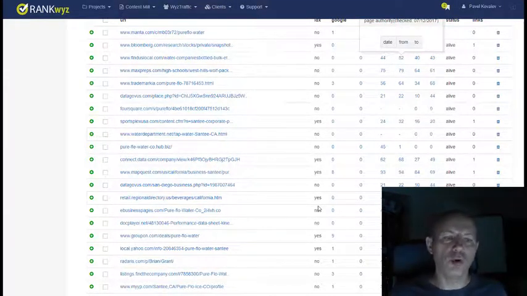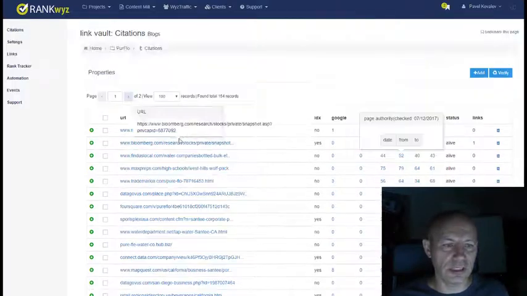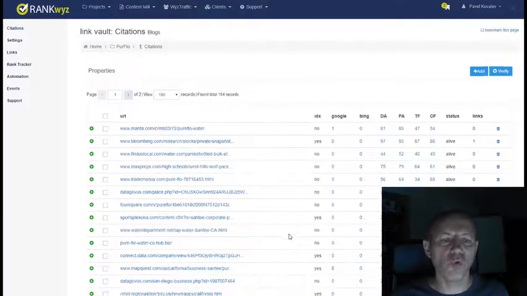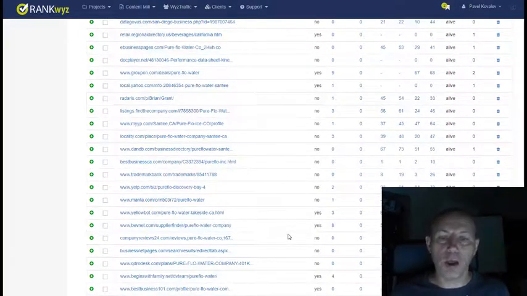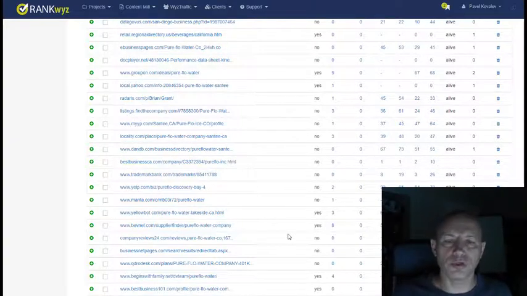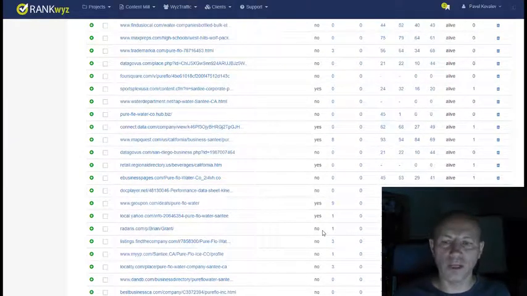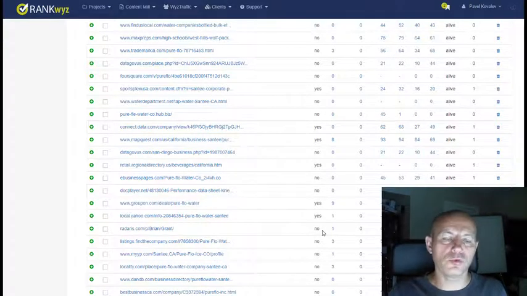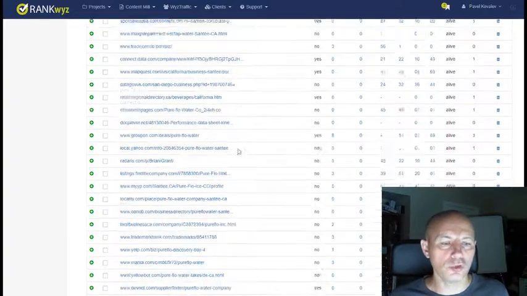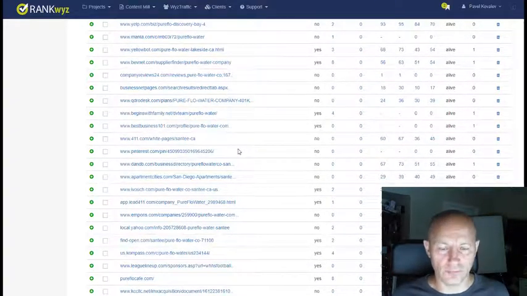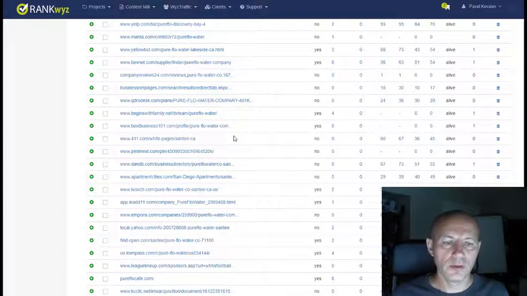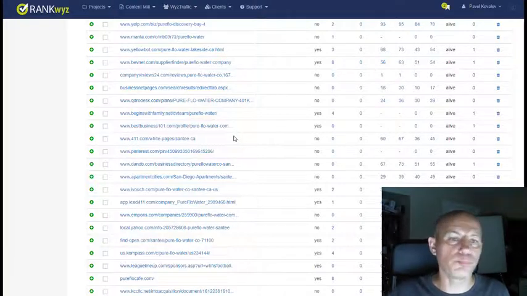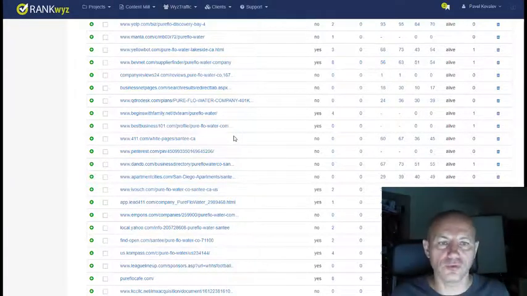What if you have hundreds, and in this case we have 154 citation properties that RankWyz is already checking ranking for? When we search for the specific keyword, we can click through to dozens if not hundreds of different properties and bring traffic to properties that still have value to your client side.